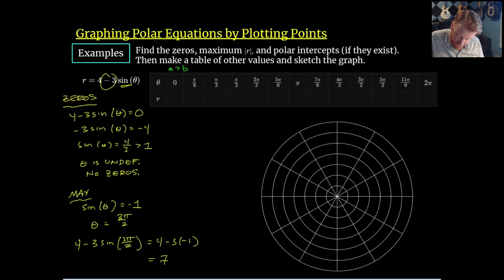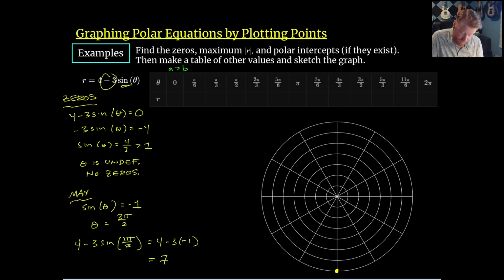So we know at 3 pi over 2 will be at 7. 1, 2, 3, 4, 5, 6, 7. Perfect. Just enough circles here to get that on there. And we know we don't go through the pole. So that's why we need a lot more values to plug into this one here, just to see where things land. But we do know so far